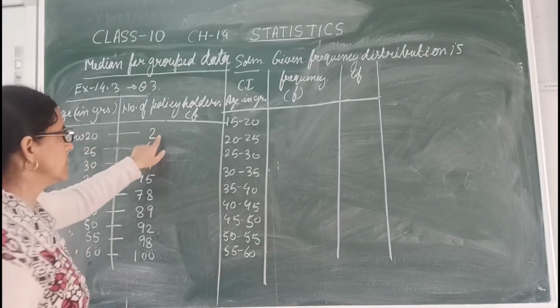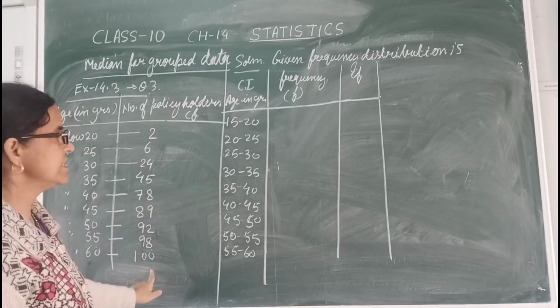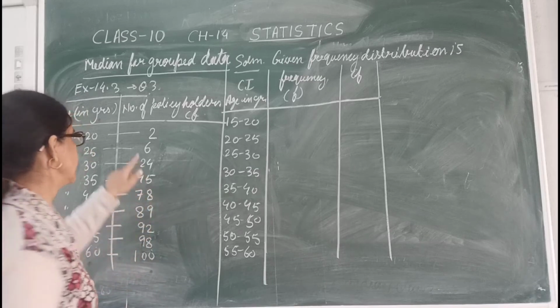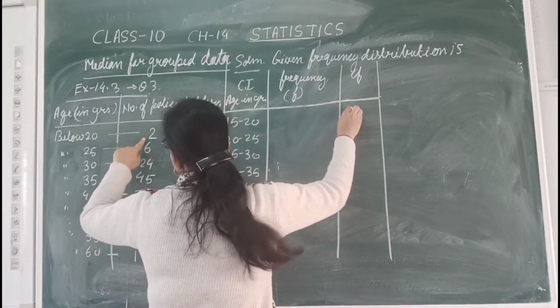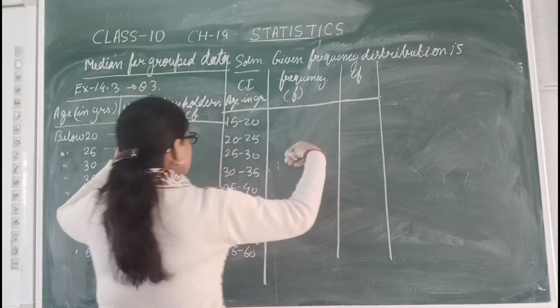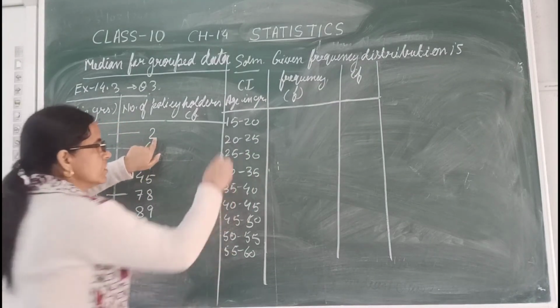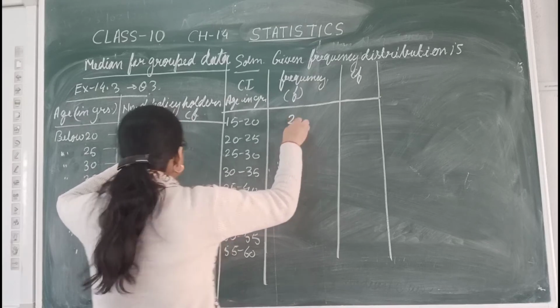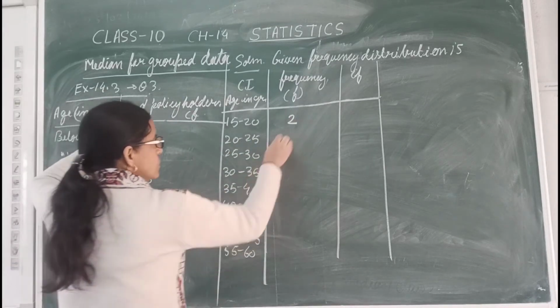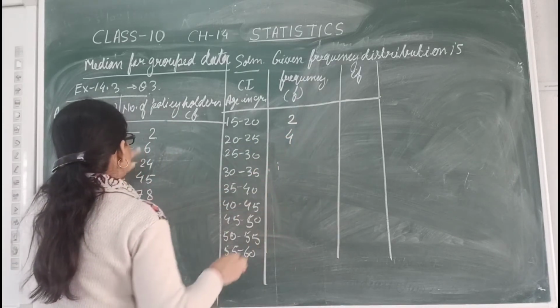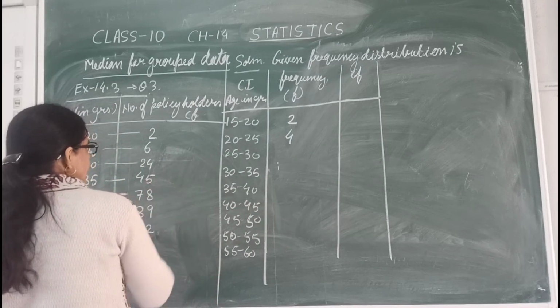Okay? Now the cumulative frequency table is given. We have to find the frequency. Let us first make the frequency table only. So below 20 it is 2. So for 15 to 20 we will write 2 only. Now 6 minus 2 is 4. 24 minus 6 will be